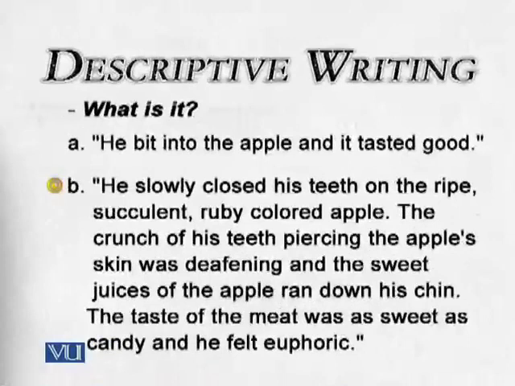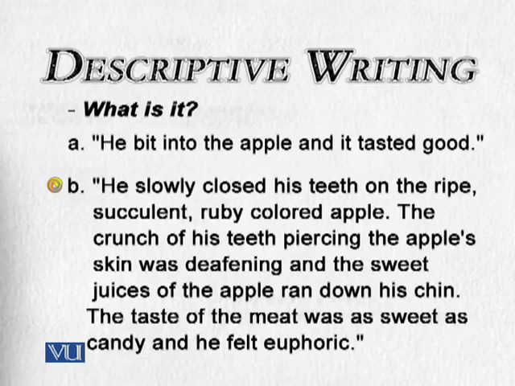For example, he slowly closed his teeth on the ripe, succulent, ruby-colored apple. Now look here, it's more of visual actually. Color, ruby-colored, succulent, full of juice, and the crunch of his teeth. Now here, sense of what? Hearing. The sound he is talking about, the crunch of his teeth, piercing the apple's skin was deafening, and the